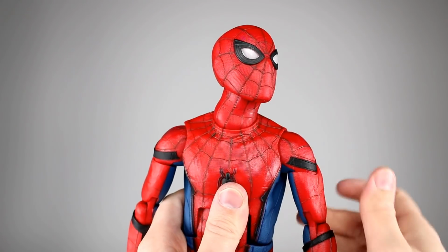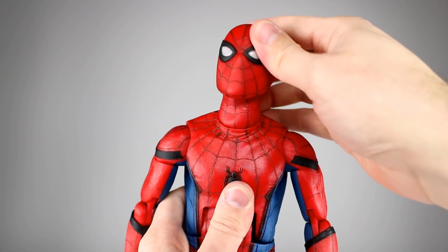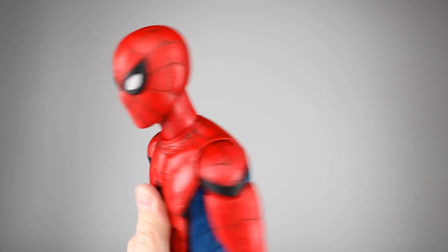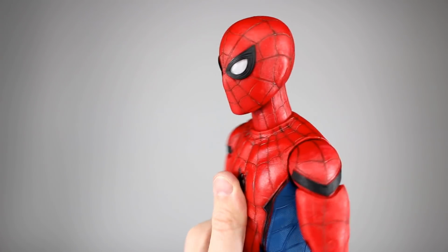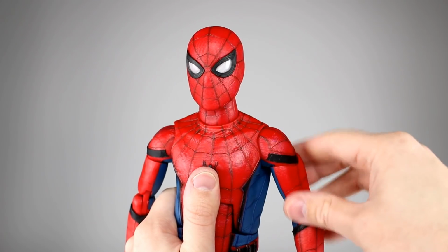That is a great example of how it's supposed to work. You can really move this head however you want to, and it's not a big deal to pop these off and swap them around. They come off fairly easily, so really no issues there. Very, very well executed. For the shoulders, it's a little odd because it's our standard ball hinge, so you have